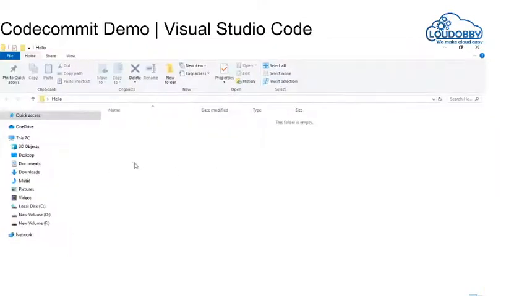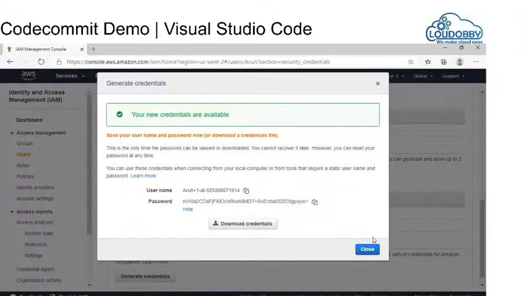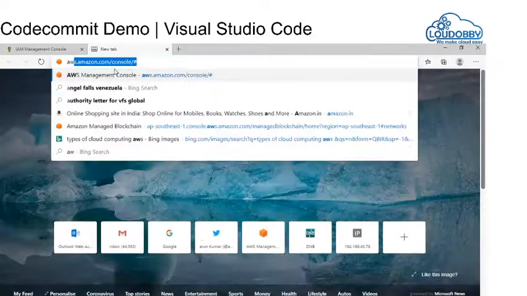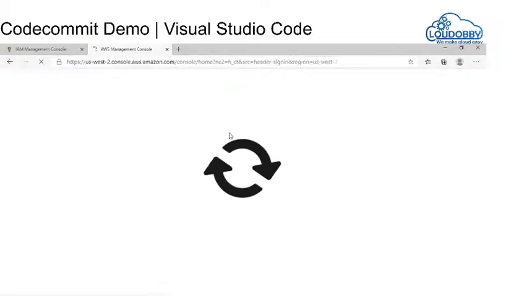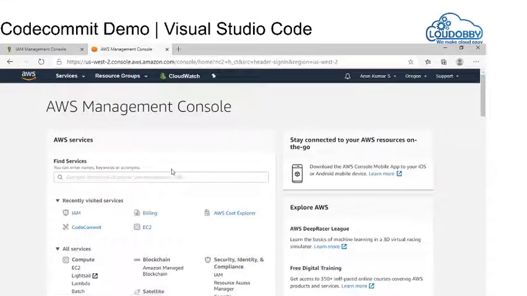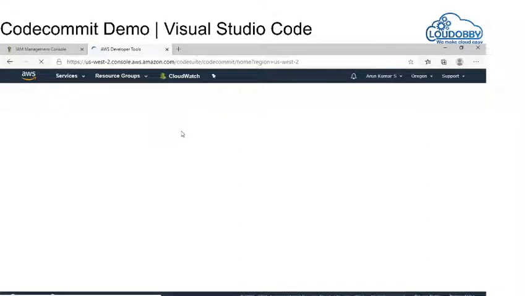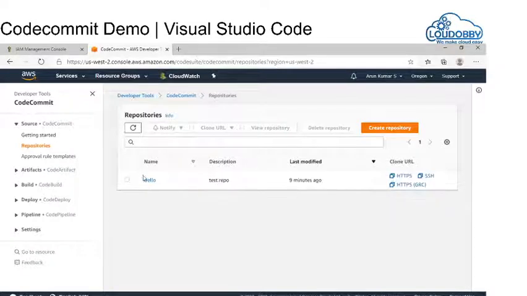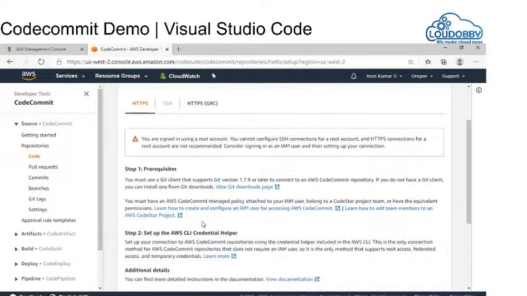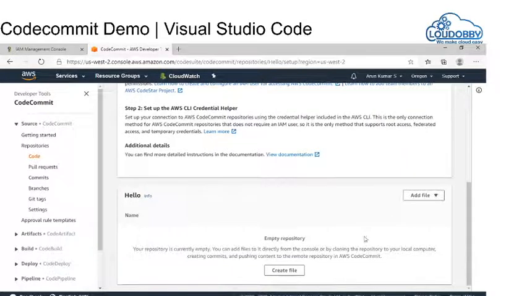This is nothing but my git repository, which is also empty. I will open another screen. Since I have already signed in, I'm going to CodeCommit again. I can see the repositories, and I see the empty repository, and there is no file in it.